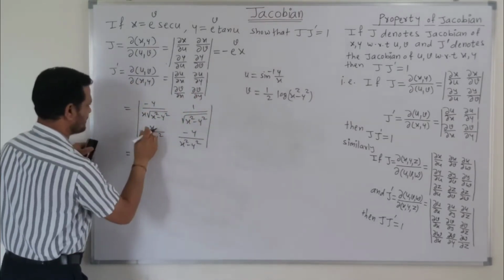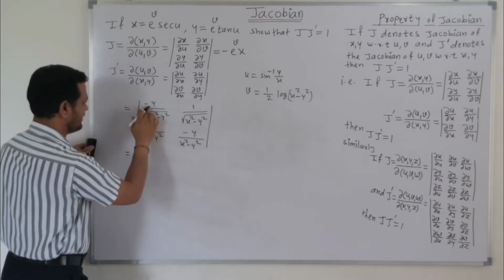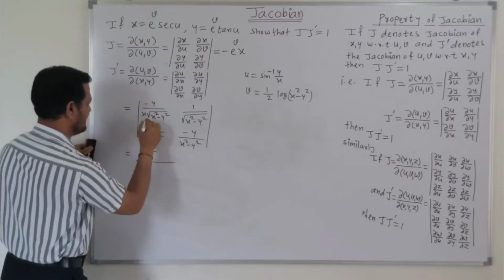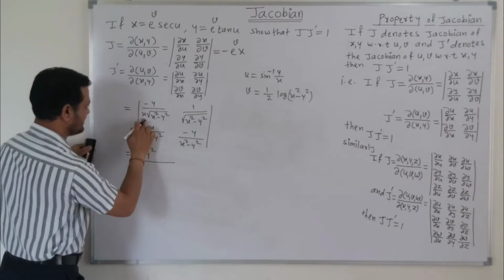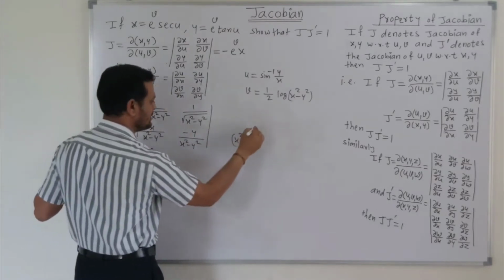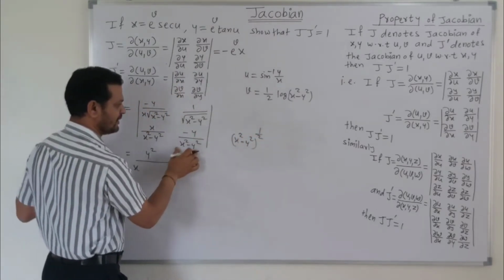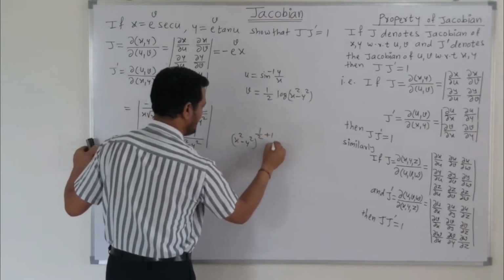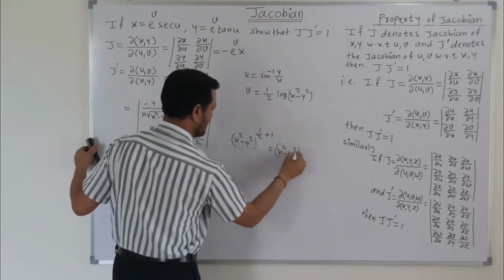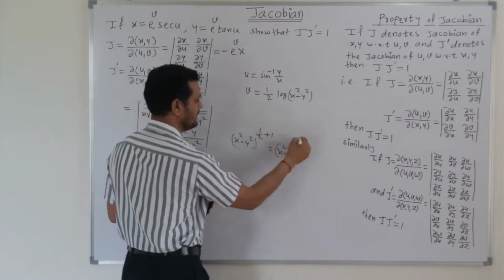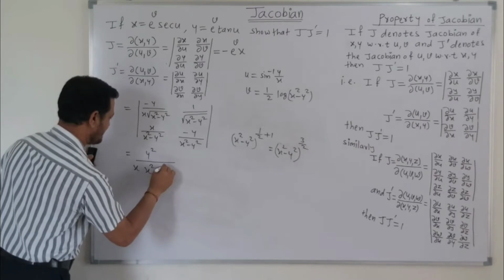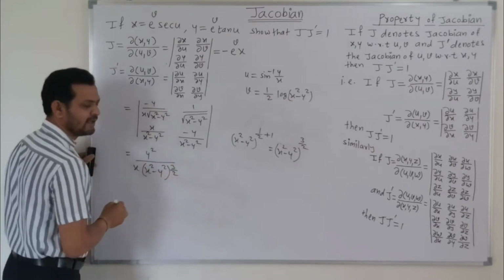So if we take the product of these two terms, then this is y into y, so this becomes y square. Then this minus minus becomes plus. So this becomes y square upon x, this x as it is, then x square minus y square root. So root means this is 1/2 and this is the power 1, that means this is plus 1. So we get this power as x square minus y square, so we can write this as x square minus y square to the power 2. This is 2 plus 1, that means this is 3/2.